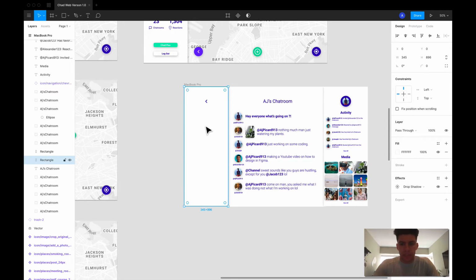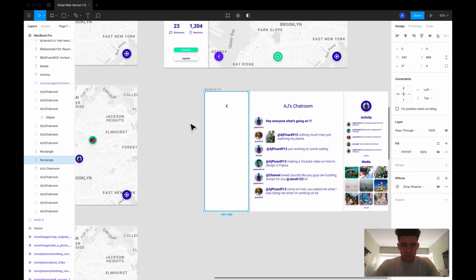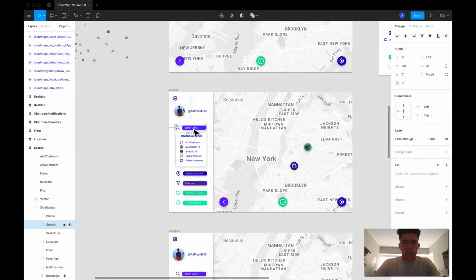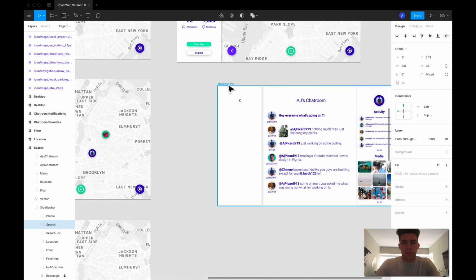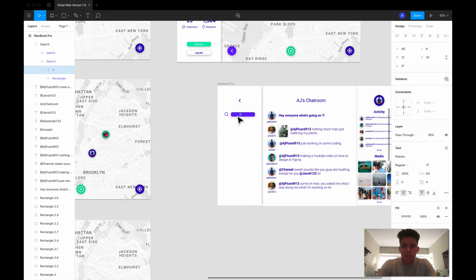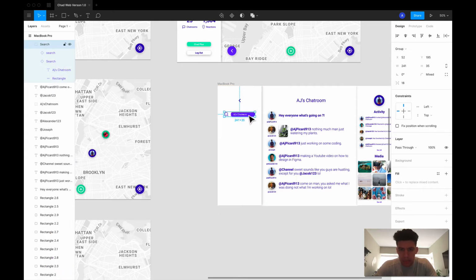So I kind of want to keep the same type of feel here with the chat room features. I'm actually gonna copy one of these guys. This is perfect. And maybe I can search AJ's chat room. What I'm going to do is just design the features. I'm not going to design the little pop-up windows because we'll be here forever. But I'm going to at least design this